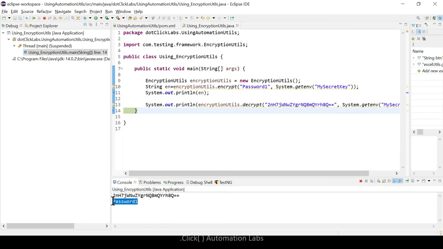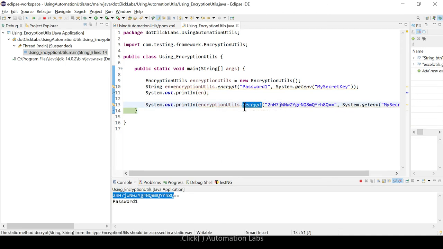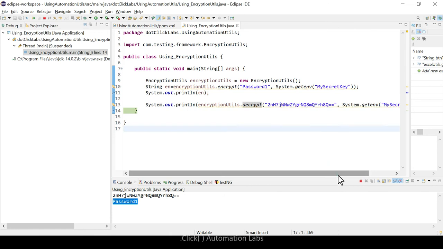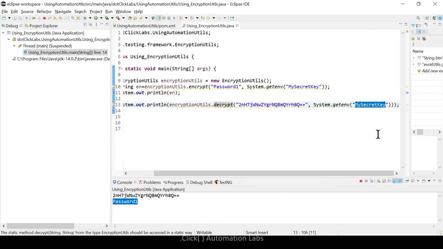So now you might get a question: you encrypted here, and at the same time you have a decryption method, so anyone can decrypt this string and get your password, right? But it is not possible because your secret key doesn't exist with everyone except your team. No one knows your secret key.